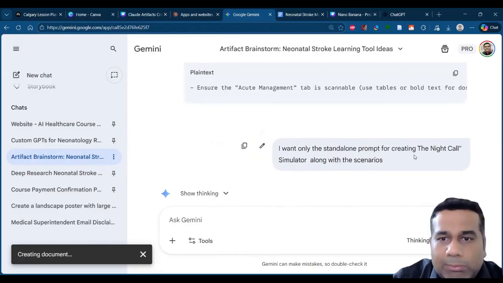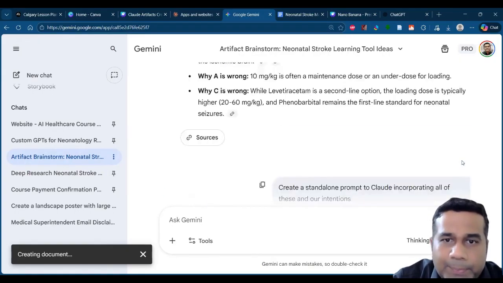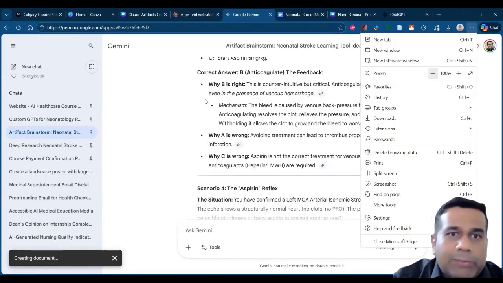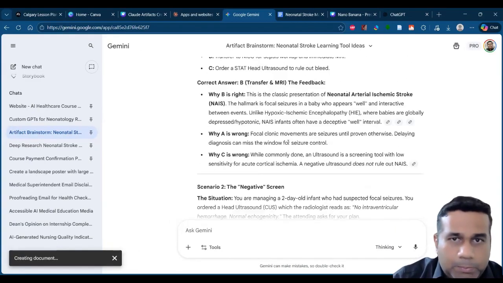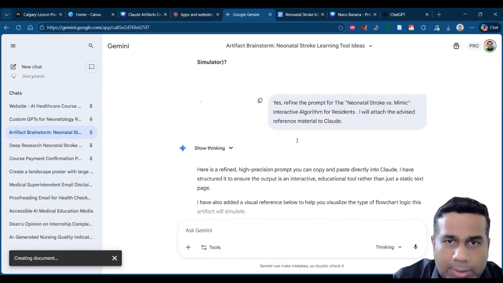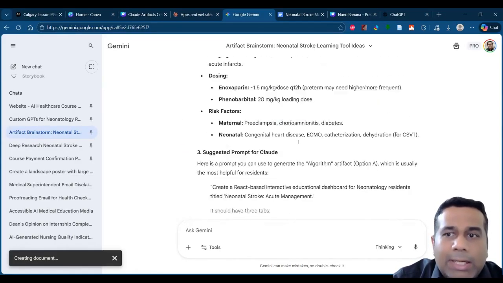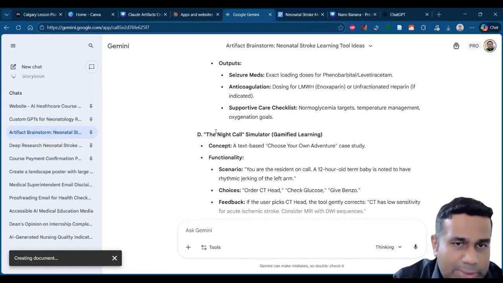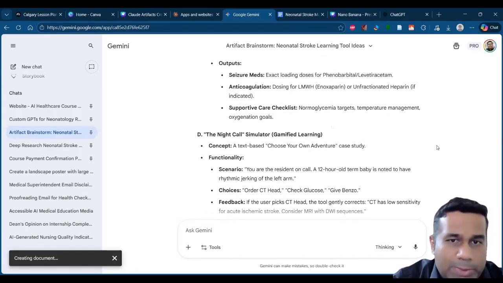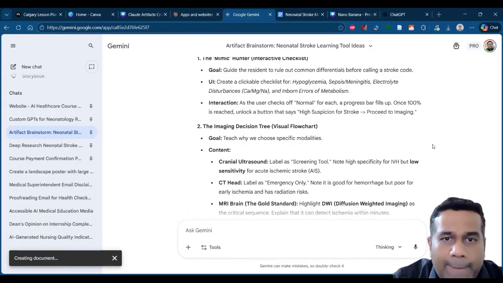So here you can see, one minute. Let me zoom out a bit so that it will be easier for you to locate. So this was that first chat. In the first chat, it suggested different types of scenarios, and in that, I decided to go for this gamified learning simulator option. Then what I did is